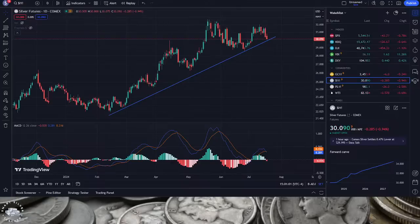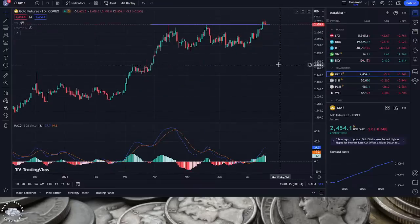So silver's had a lot of ups and downs. Of course, always a volatile market. Clearly, though, we remain in an uptrend. And the fact that silver right now is retesting the $30 level, I think it's a great entry point. More importantly, let's move on to the chart of gold here, because this, I think, is really the more interesting